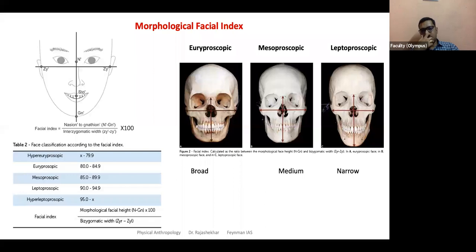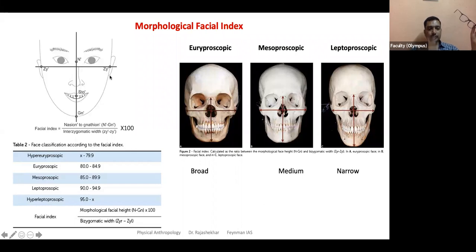Same with morphological facial index. Faces can also be categorized. They've also attempted to measure the face dimensions. The length and breadth again, but here there are different terms. Facial index is calculated from nasion to gnathion. You see here, this part is nasion, just at the beginning of the nose. Nasion to gnathion, the tip of the chin. So they would measure this length and this is divided by